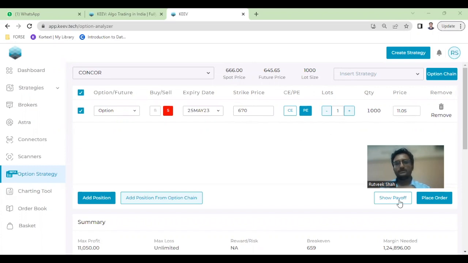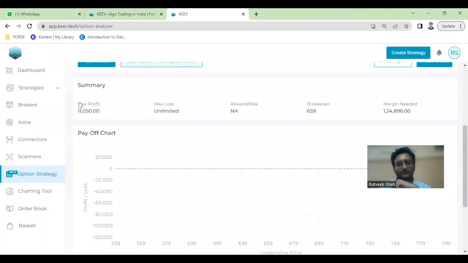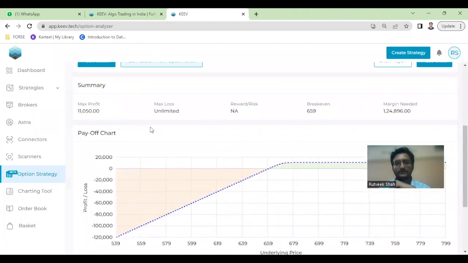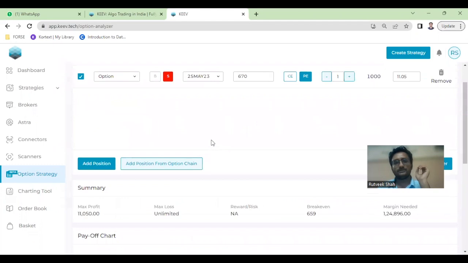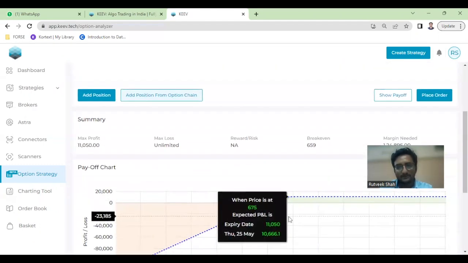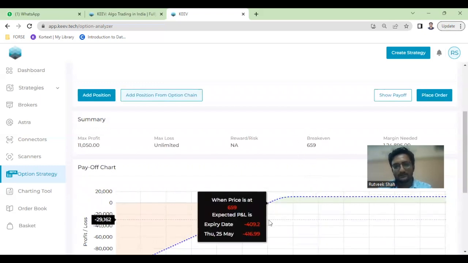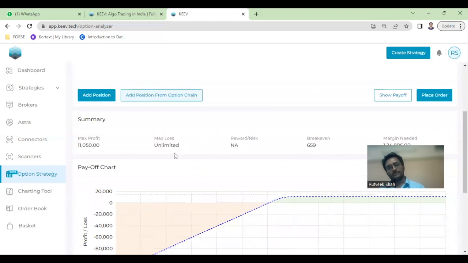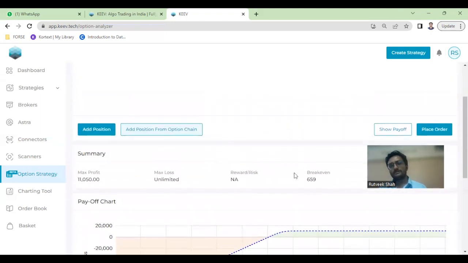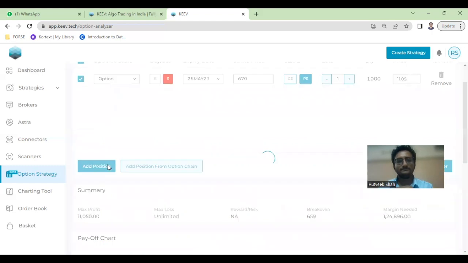So when we see the payoff for this, we see that the max profit from this trade will be around 11,000 if the stock price on the day of expiry is above 670, as we can see from the chart here. The break even is around 659. As we can see from here, below 659, the losses will be undefined, and the margin required for this position is also very high. So in order to define the max loss and in order to reduce the margin, we will add a position here